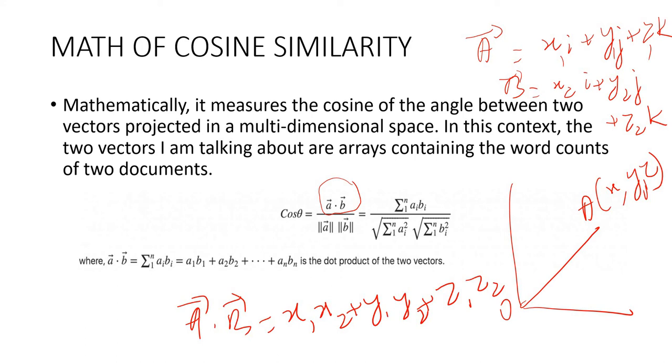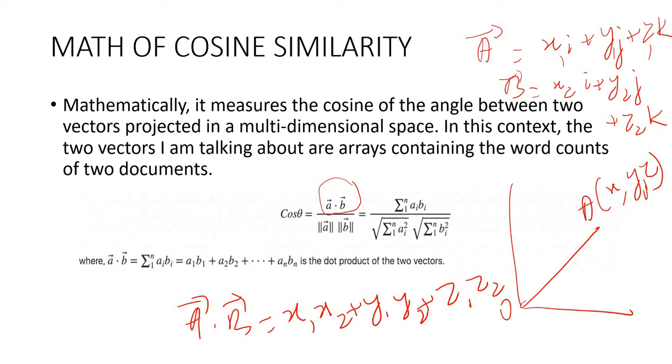If it is in this form, in unit vectors, i, j, k are the unit vectors. i is the unit vector along the x axis, j is the unit vector along the y axis, and k is the unit vector along the z axis. So vector a is equal to x1 i plus y1 j plus z1 k, and vector b is equal to x2 i plus y2 j plus z2 k. Then a dot b is equal to x1 x2 plus y1 y2 plus z1 z2. That value you can substitute.